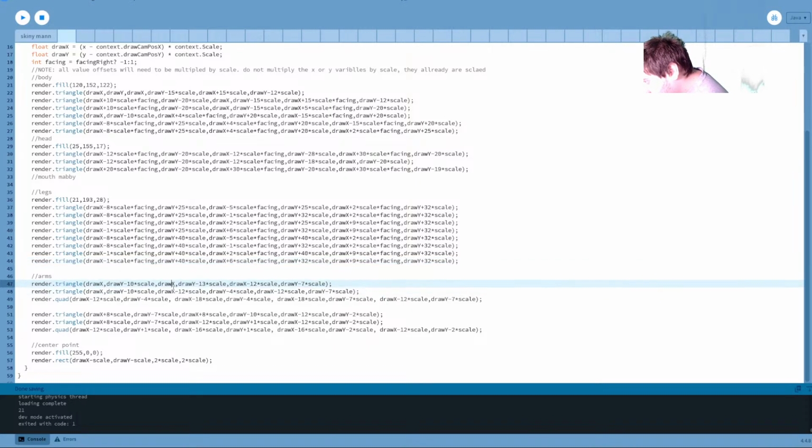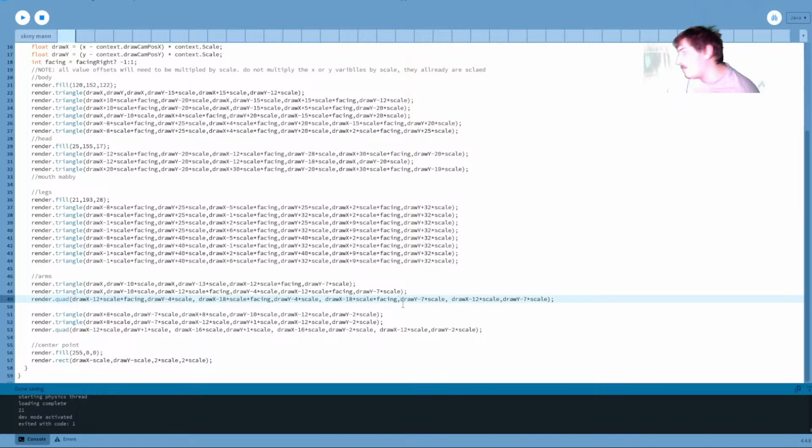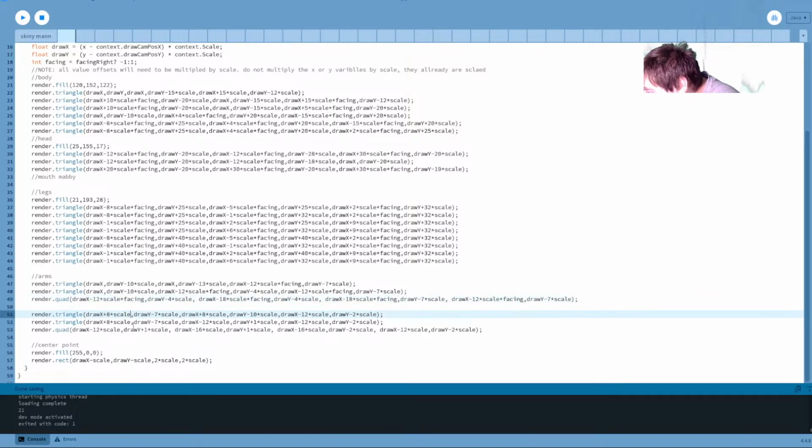And then down here we get to be a little bit more complex. So draw x times something times scale. Draw x times something times scale. Draw x times something times scale. This is not at all confusing math. I still think I might want to make a lot of these whatever-times-scales their own variables to clean this thing up a little bit, but I can do that later. For now,